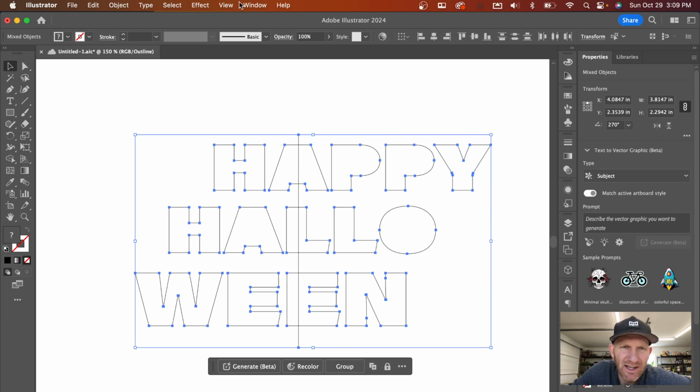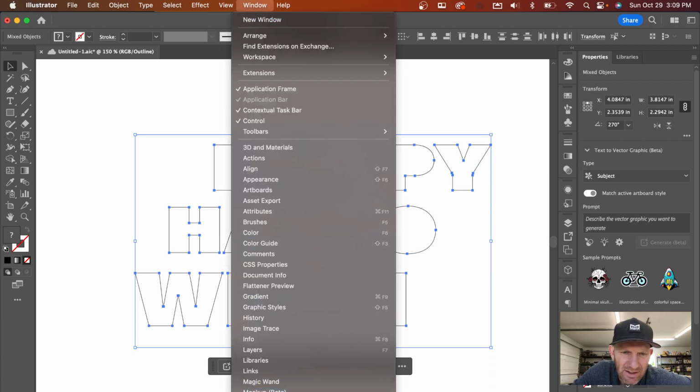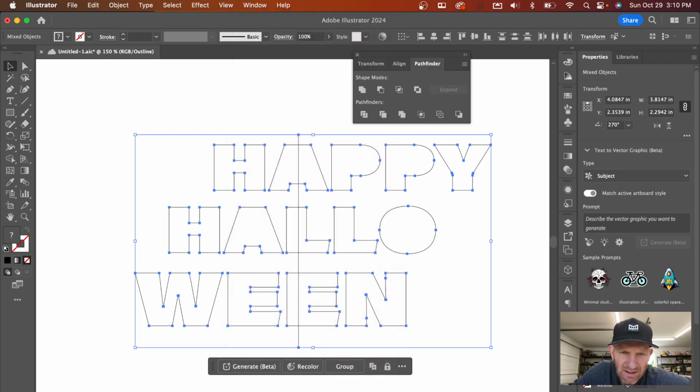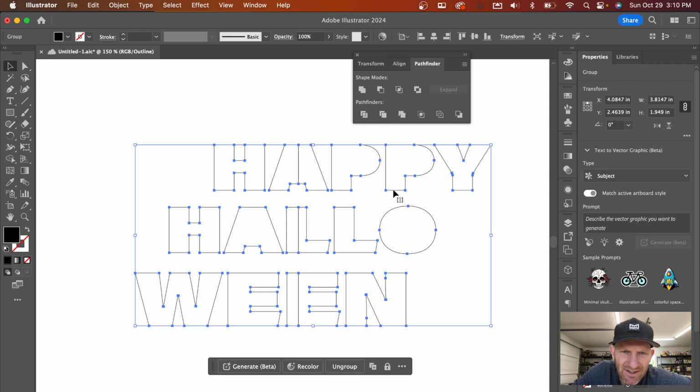So in order to split it in half, I'm going to go to Window. I'm going to go down to my Pathfinder tool, Shift Control F9 on a Macintosh. I'm going to click Pathfinder, and then this one that's right here, it says Divide. That's the button you're going to want to push. And so I'll click on that, and you can see the line segment disappeared, and now we have our text kind of split on either side